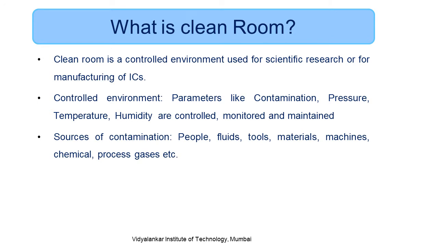Now, when we say contamination, basically one needs to understand what are the major sources of contamination. People are the major and primary sources of contamination. Their hair, spittle, perspiration, clothing debris are the major sources. Even whenever a person touches any silicon wafer, sodium is getting transferred. So that is a major source of contamination, and that is how we see that the people are wearing bunny suits whenever they are in the clean rooms. Little later I'll show you those pictures.